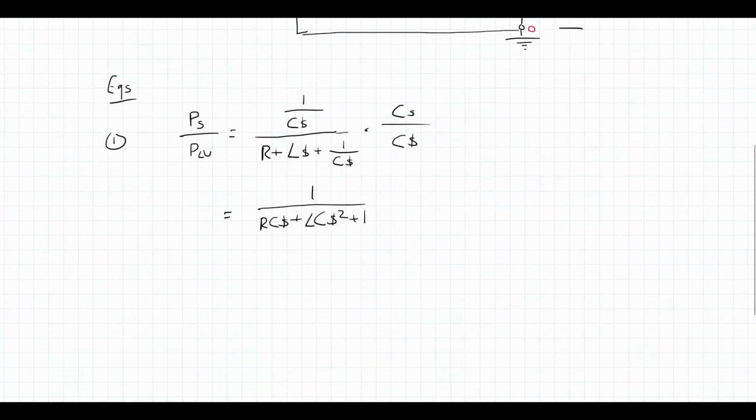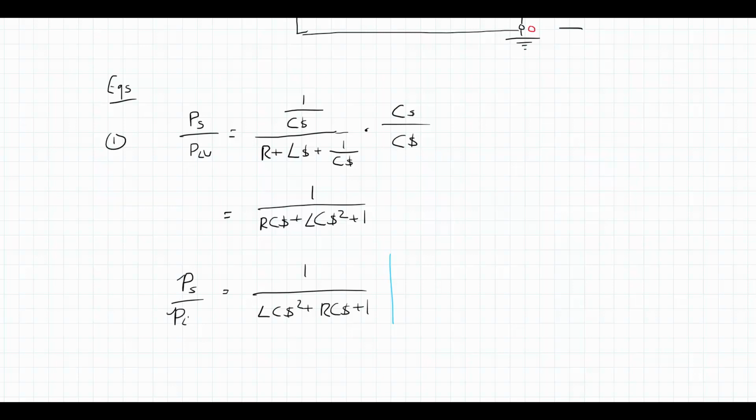And I'm going to rearrange this to have it in the standard form that we want. So 1 over the LCS squared plus RCS plus 1. That is the transfer function that we were looking for. That is the pressure at the sensor over the pressure at the left ventricle. That's the transfer function. We have this L, this C, and this R, but they're not defined quite yet because